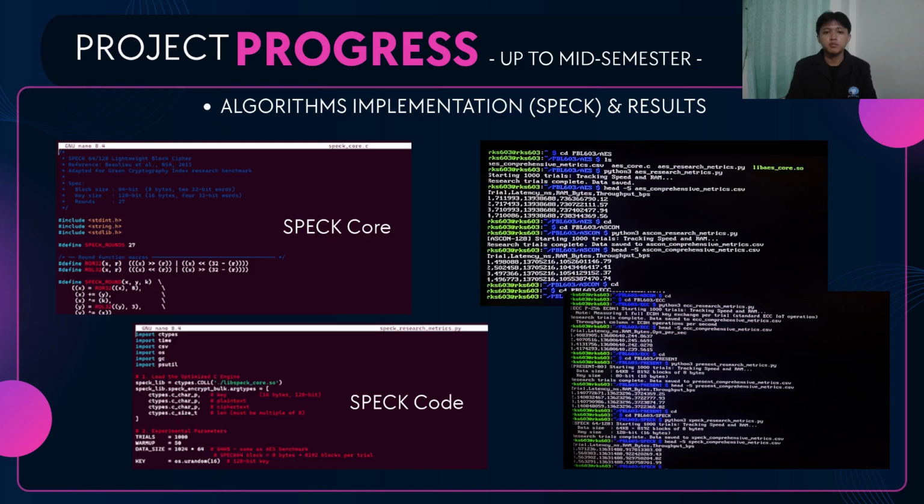Okay, project progress, algorithm implementation, SPECK, and the result. So on the left we see the SPECK core and SPECK code, and on the right side there is a result for the implementation of SPECK. Okay, next,